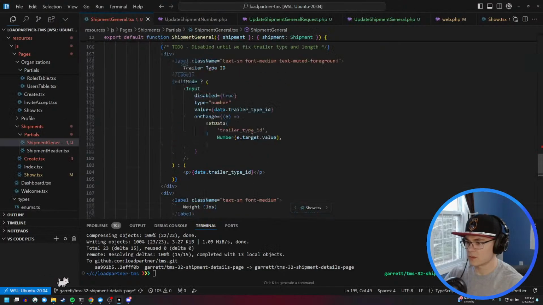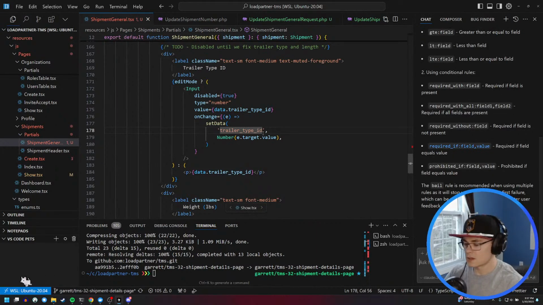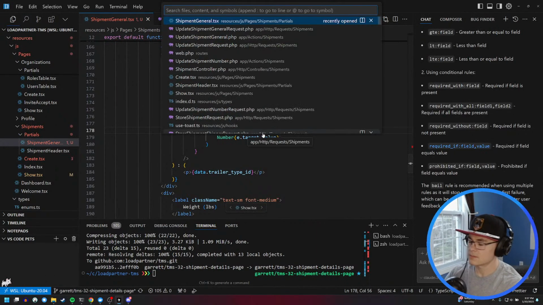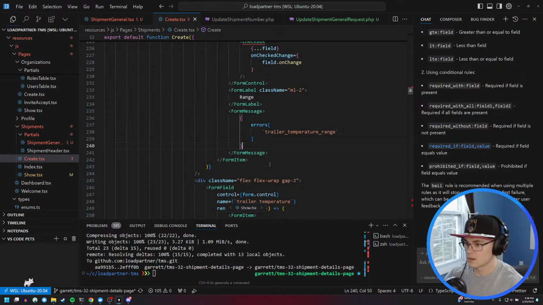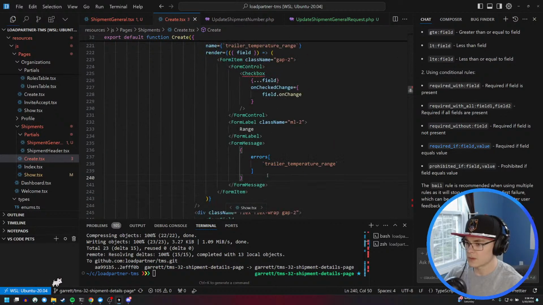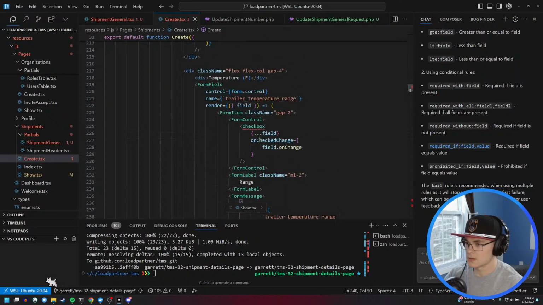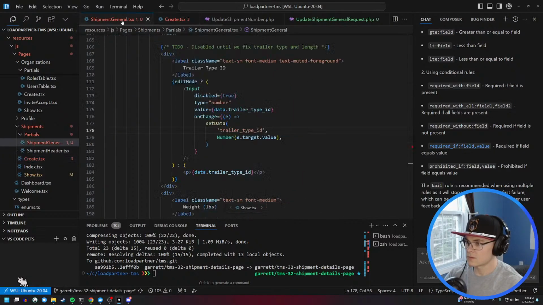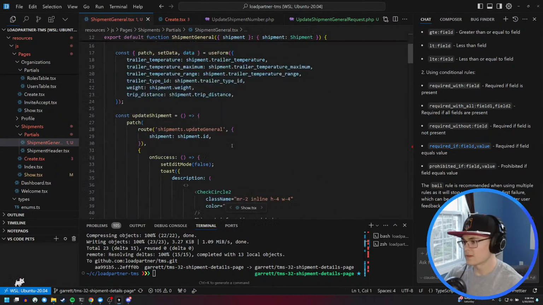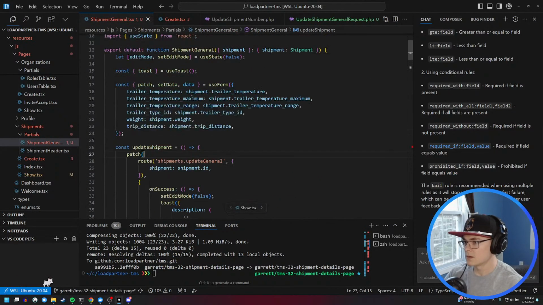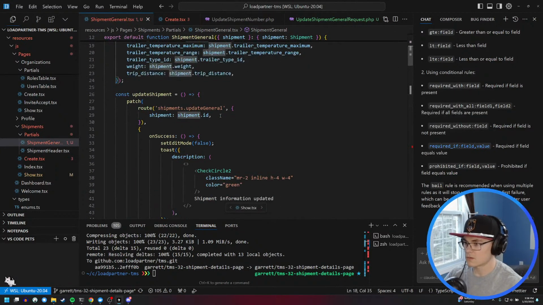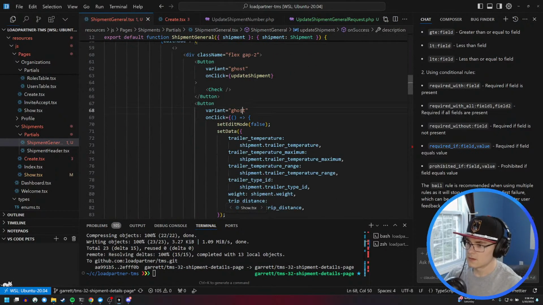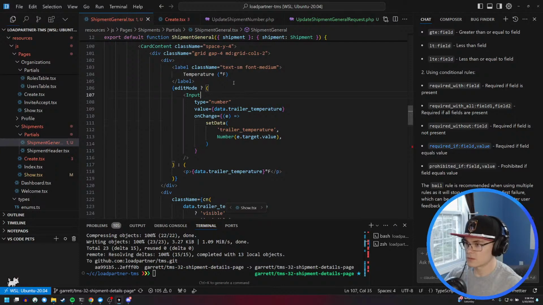Trailer temperature maximum. Okay, so actually I'm just gonna have cursor do this. We want to add, well, we had this in create, so let me just pull out of create what this looks like. So we did form items is what we did. Right. So actually we'll do this. Basically in our use form, we can do errors, right? Which is cool. Then we can go to all of our inputs and we can add